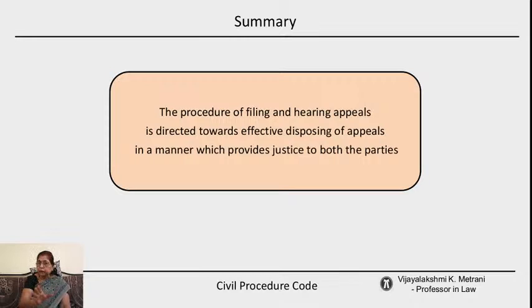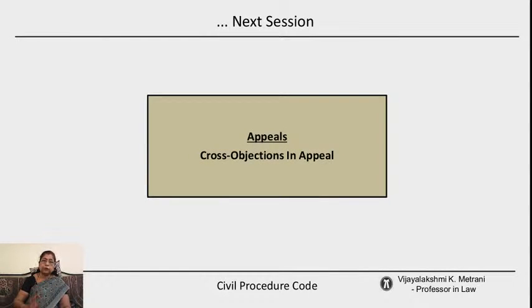Now this is only heard on the memorandum of appeal, is it not? So then after that, the other party may ask for filing of cross objections. What is the procedure for filing of cross objections? Whether it is going to go forward just like an ordinary suit, or whether there is a difference, that we will discuss in the next session, that is cross objections in appeal. After the appeal has been heard by the court in the beginning, if the respondent wants to file the cross objections, what are the procedures? Any other questions relating to this? We will be continuing this discussion in the next session.